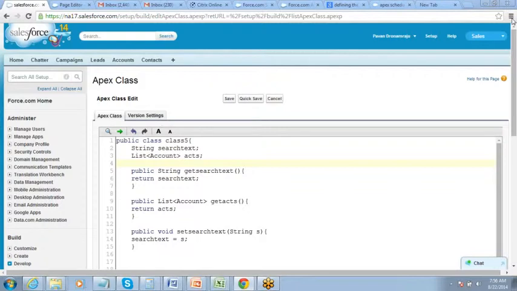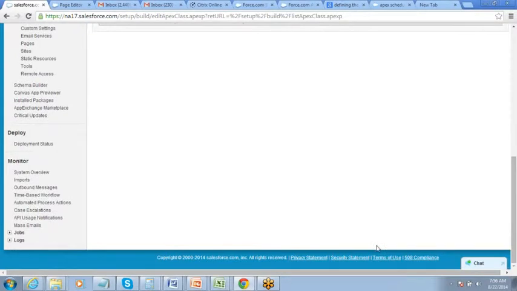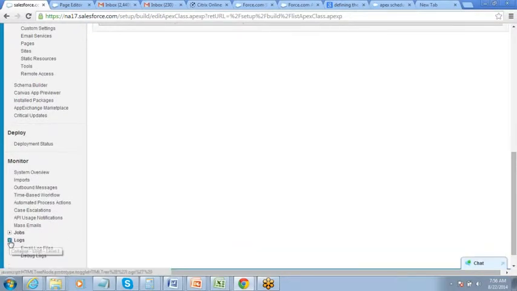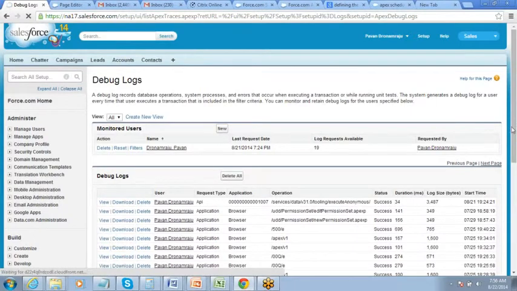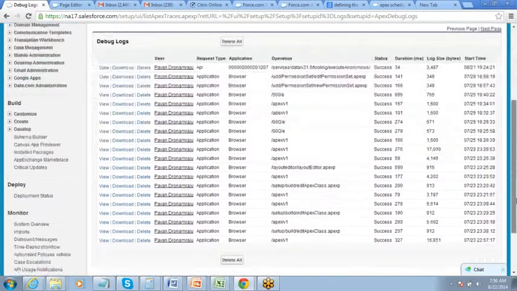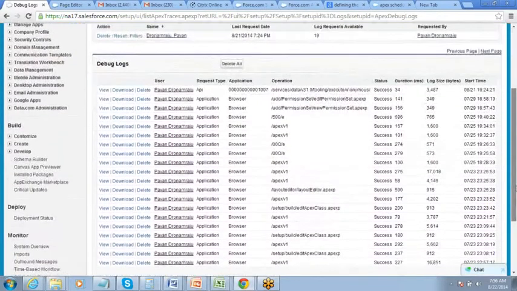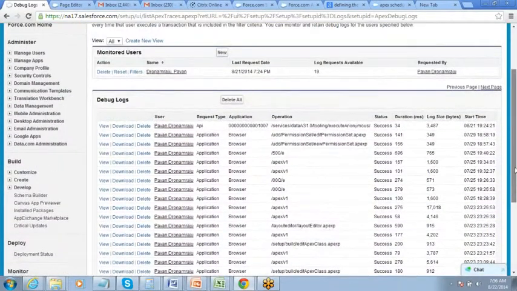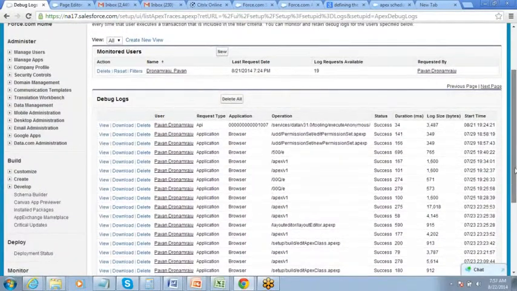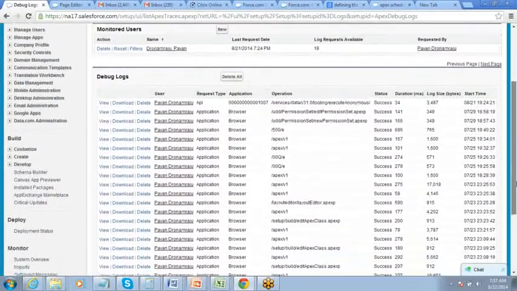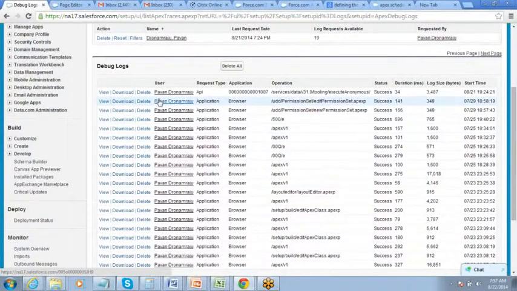But there is another debug log. If you come here, if you click on setup, then go to monitor logs, debug logs. You see it here? This debug logs takes care of everything. Okay, so whatever is being done, it takes care of everything, and then you can actually go and view.